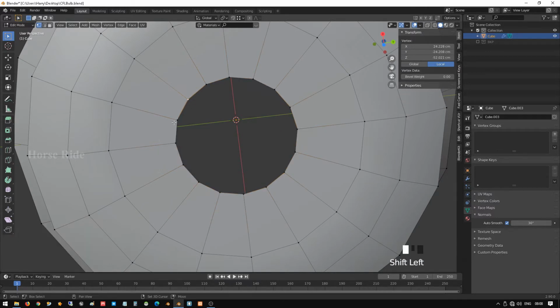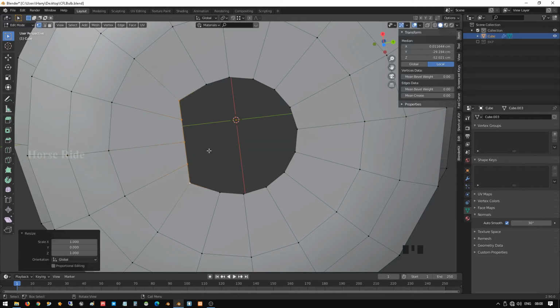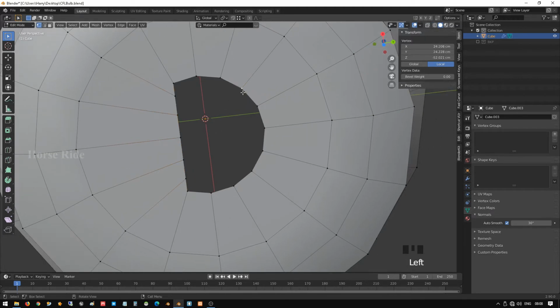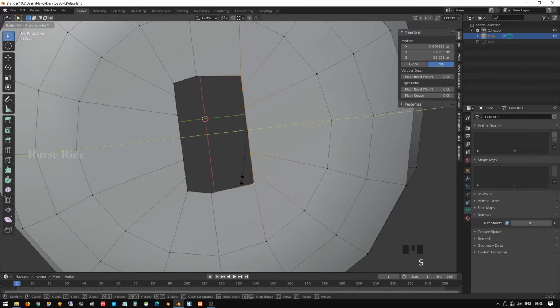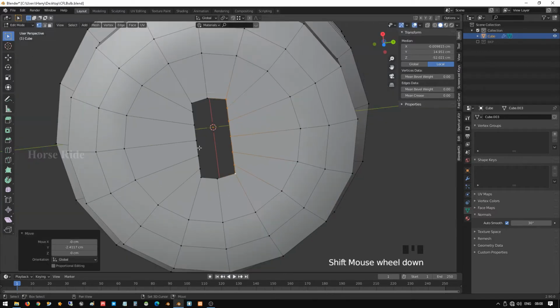Okay, after this, select these vertices, press S to scale in the Y axis, press 0. Sorry, select this one too, missed out. Press S, scale Y axis, press 0, enter, and G, Y axis, press Ctrl and move it to the right. Select these vertices, press S, Y, 0, enter, and G, Y, and move towards like this.